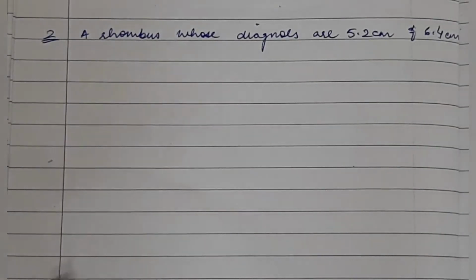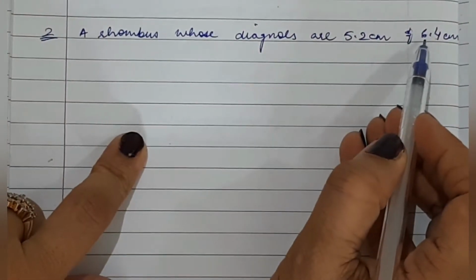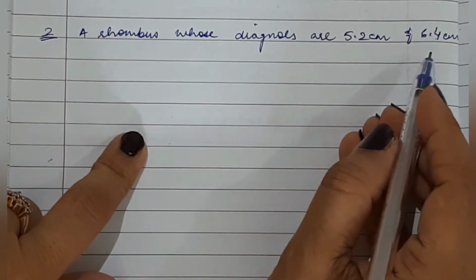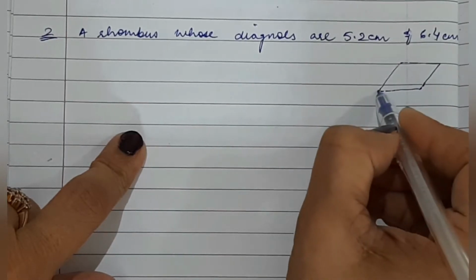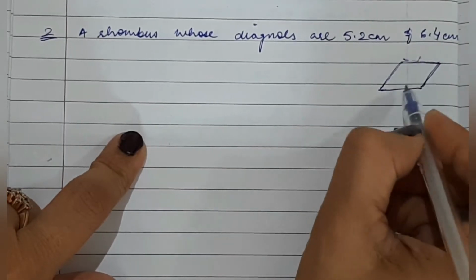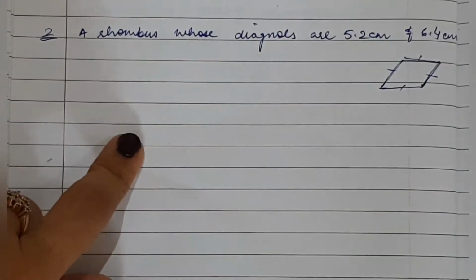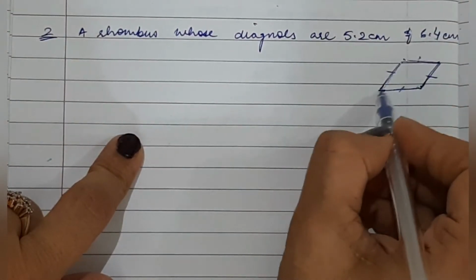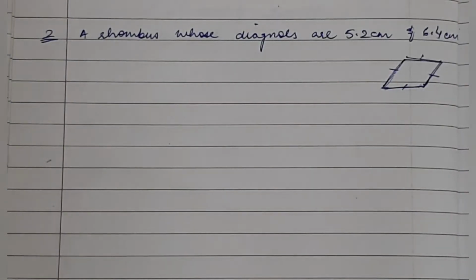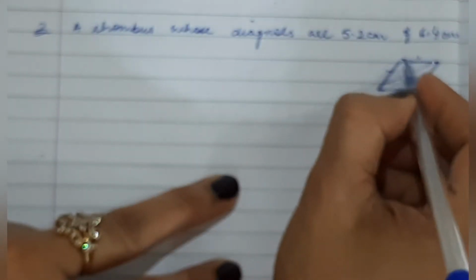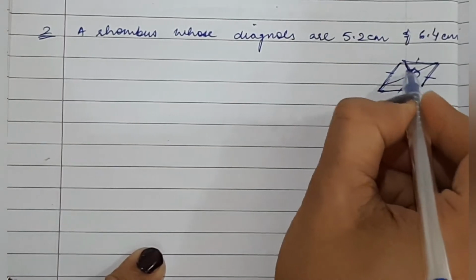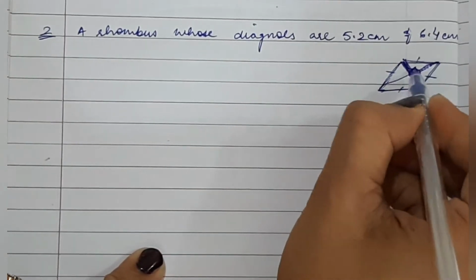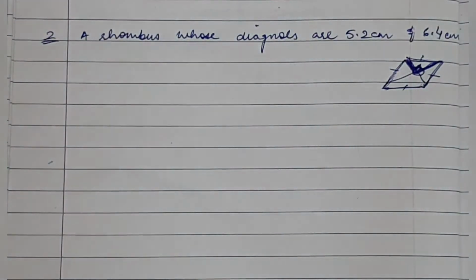Now second question is of your rhombus. Now here you have diagonals. You don't have measurements of sides. Now rhombus will look something like this. It's a parallelogram with all four sides equal. Rhombus has all four sides equal, but I do not have any line segment measurement of any side. So what will I do? I have these diagonals measurements. I know as per property, diagonals of rhombus bisect each other at 90 degree. I know this property. So I will use this property for the construction required.